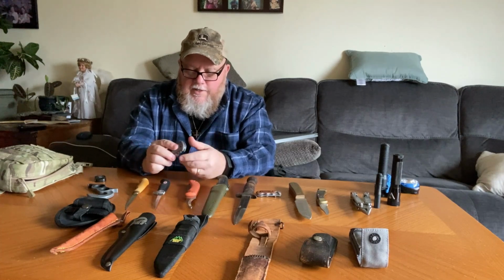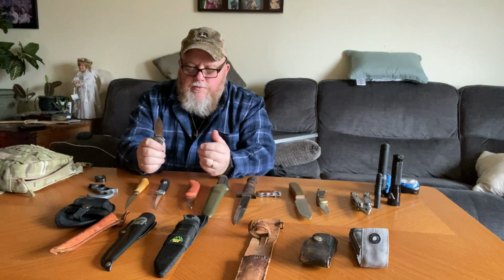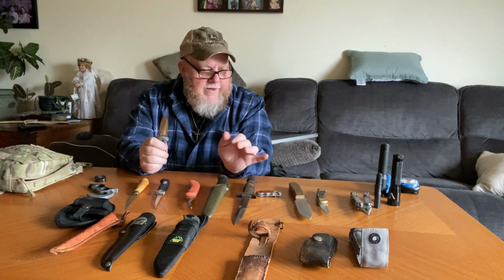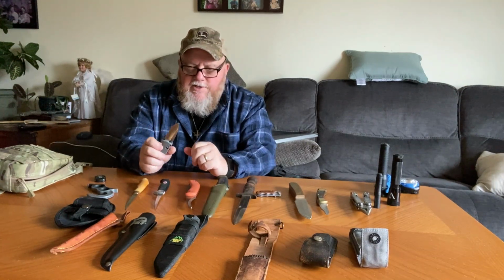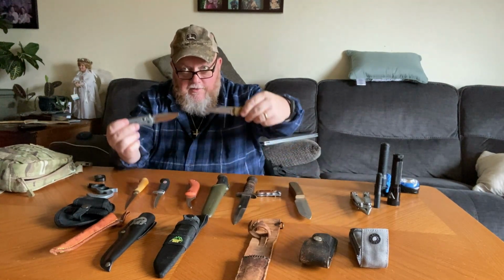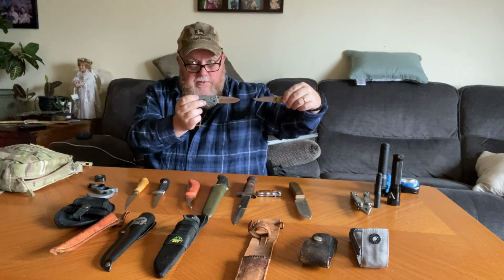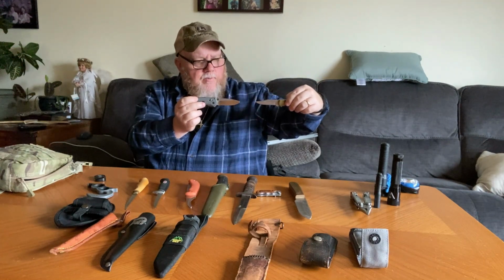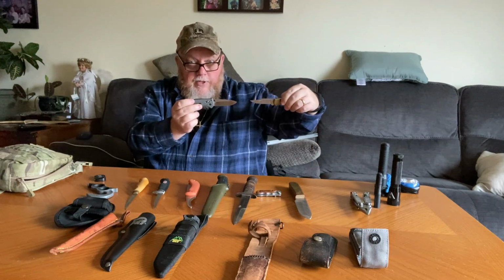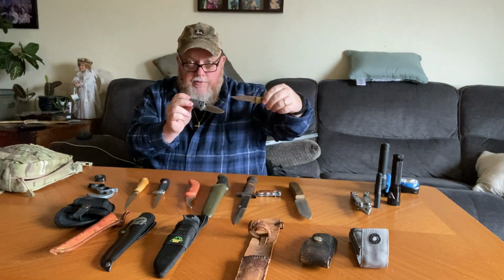If I need to open a package or, you know, I've butchered many animals with this too. It's not quite as good as that one in that aspect. This is more of a drop point, whereas this one, you could see the difference, maybe. But you could see how pointy that Buck knife is, which is actually handy when you're poking through hides and